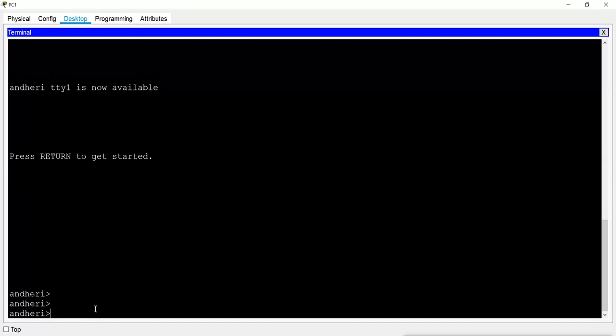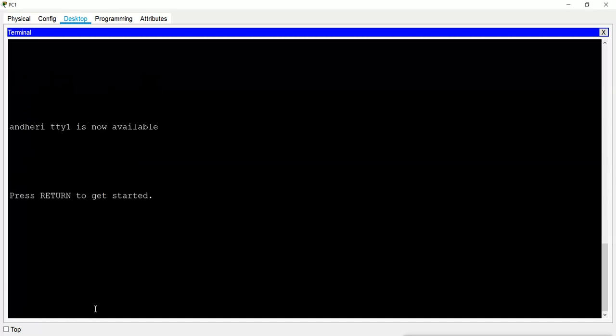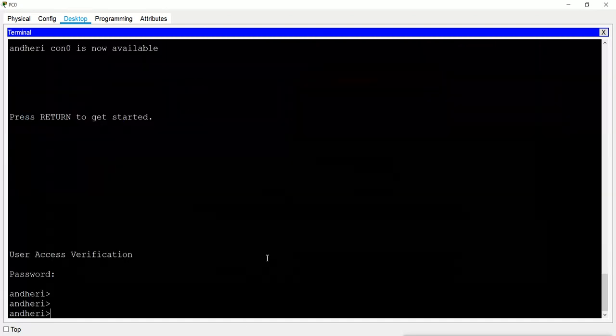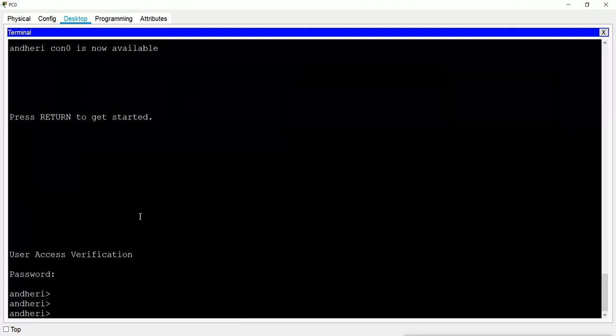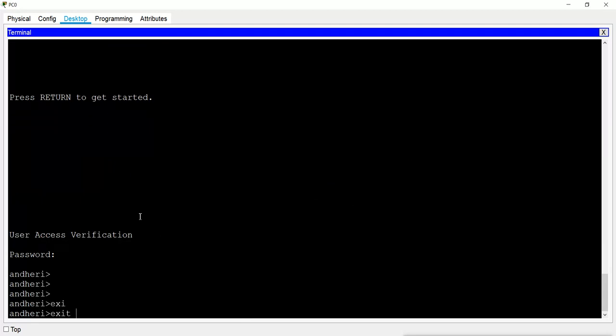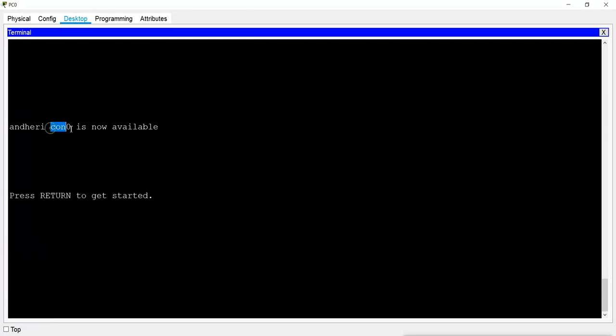So what I will do now is configure the password on the auxiliary port also, and we will configure it from the console port. This connection is from the console port, so we will configure the password from the console port. Remember one more important thing: the console port is always the default one. Anything you want to configure, you should configure from the console port. This is your default configuration port. You can even use the auxiliary port the same way, but still the console port is the default one.